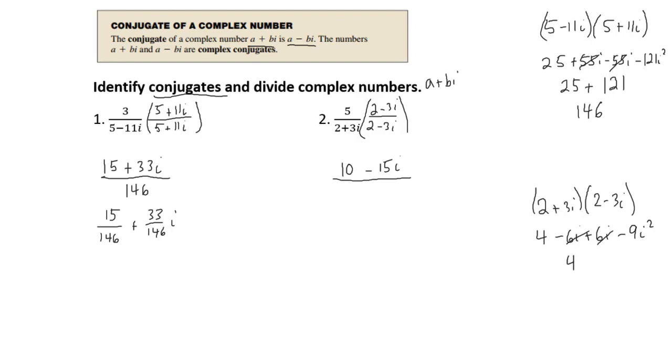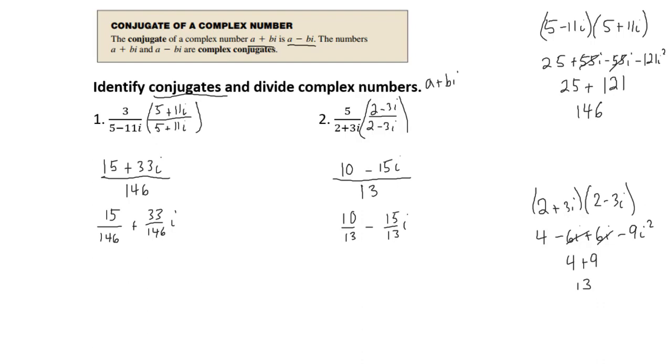Middles cancel, and you get 4 plus 9, which is 13. And so then we have 10 over 13 minus 15 over 13i, because we write it in that a plus bi